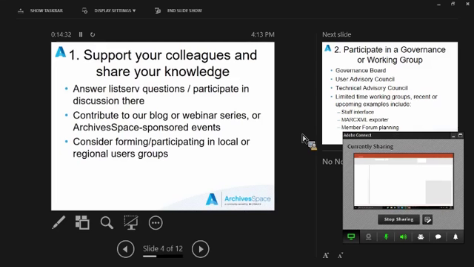And in some parts of the country, people have already done a really great job of self-organizing, self-mobilizing into local and regional user groups. So we definitely encourage that, and we also aim to help people do that if they need help